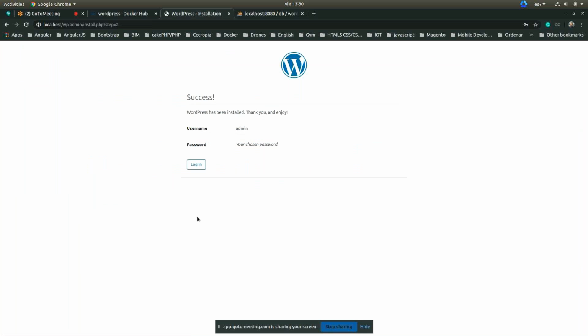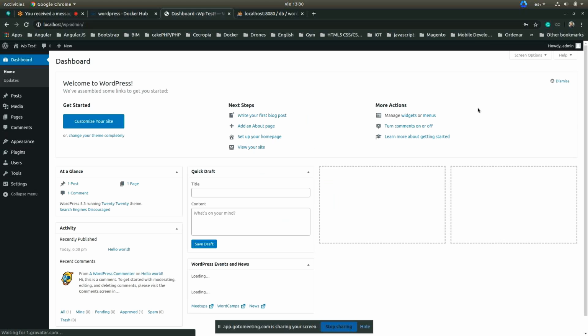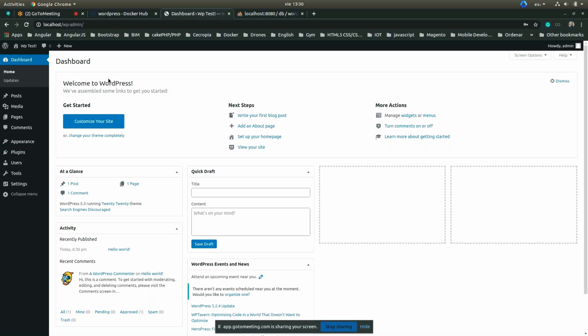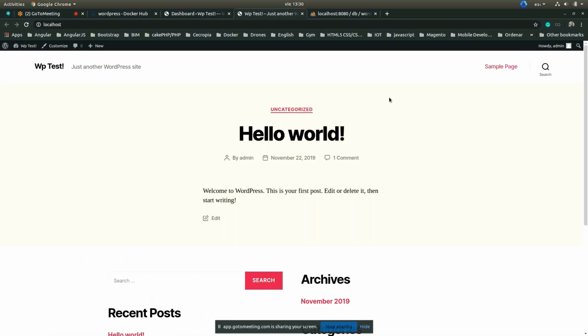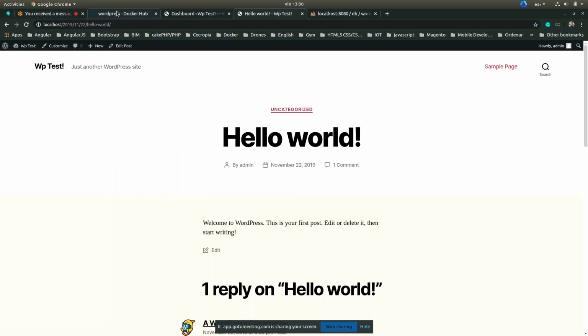And let's log in. This is WordPress running on Docker, and this is the WordPress site we just created and configured in about 5 to 10 minutes.